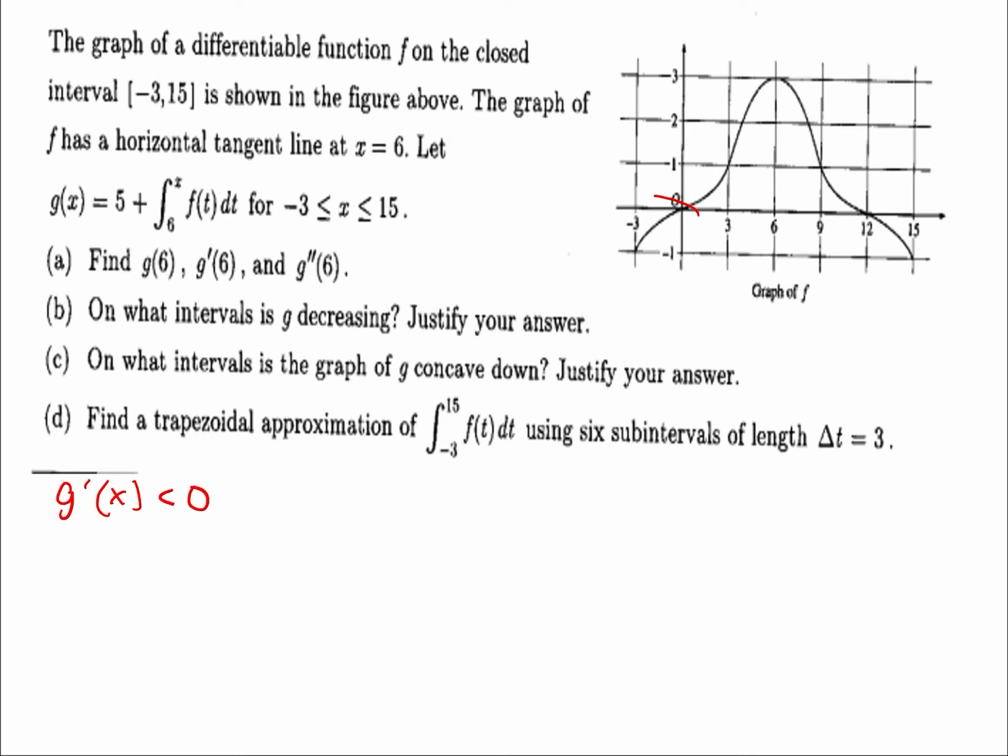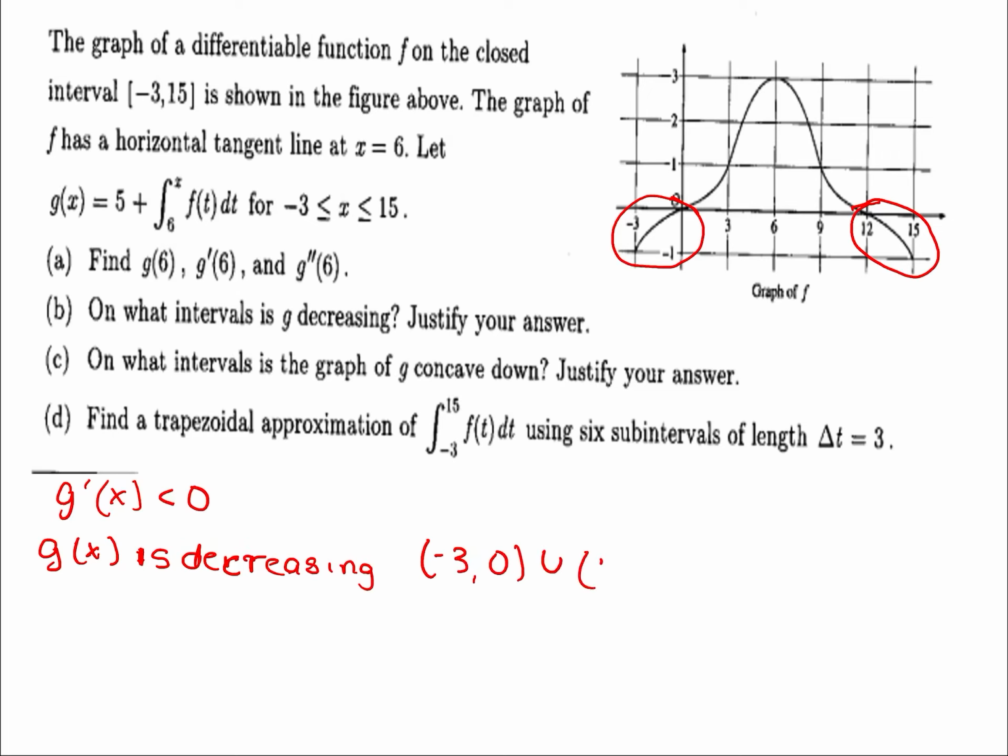And where does that occur? So if we're looking at g prime of x, then g prime of x is negative from -3 to 0 and from 12 to 15. So we would write g of x is decreasing from -3 to 0, 12 to 15,